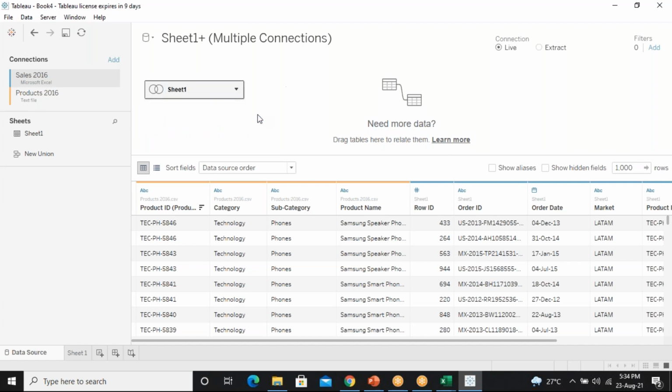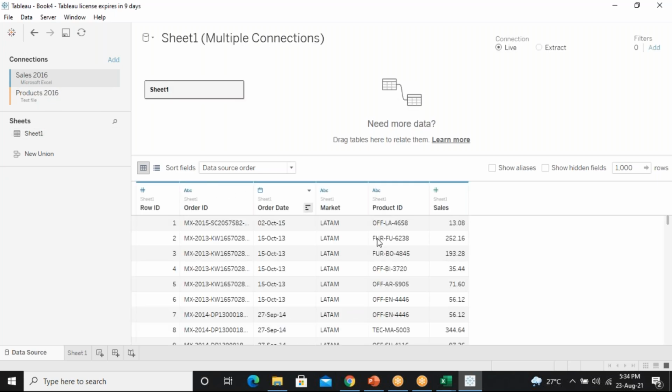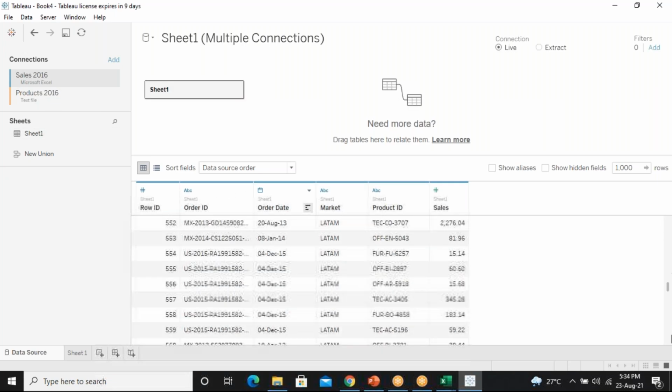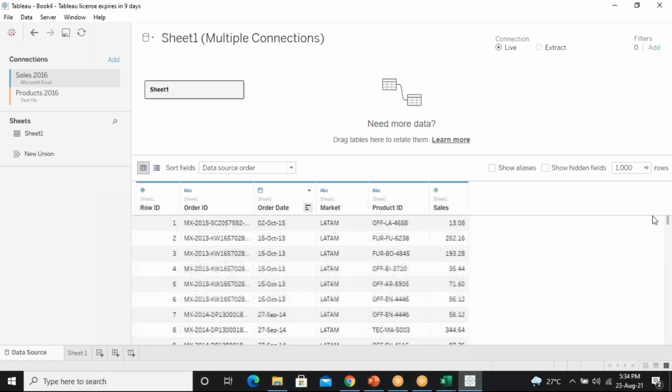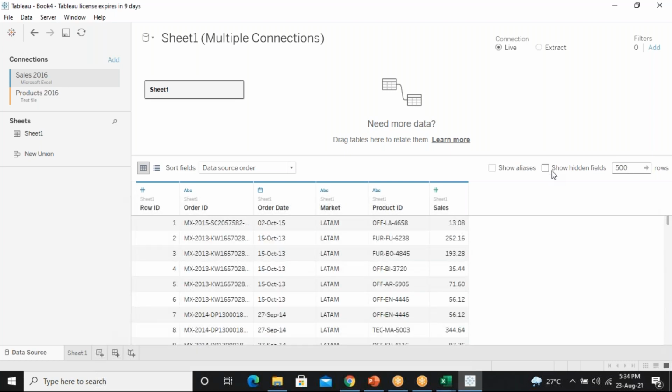I'll remove it. Like this, only 1,000 records are there. If I want to see 500, it just loads 500 records here.